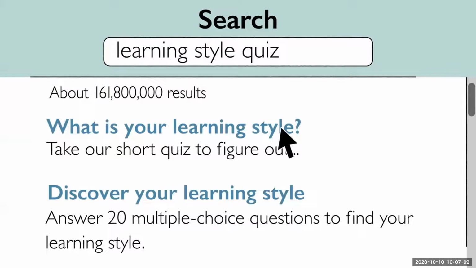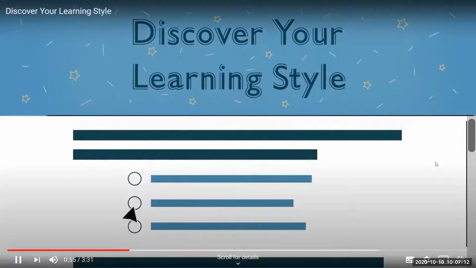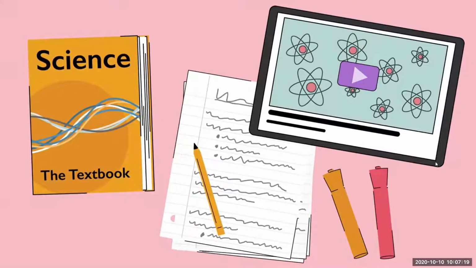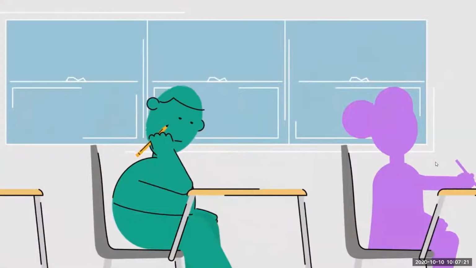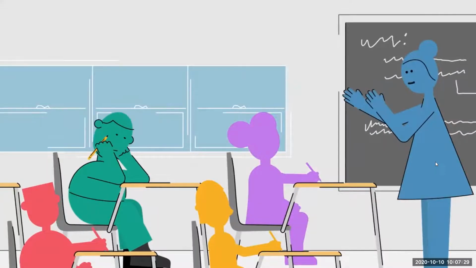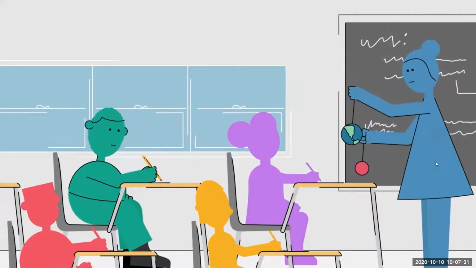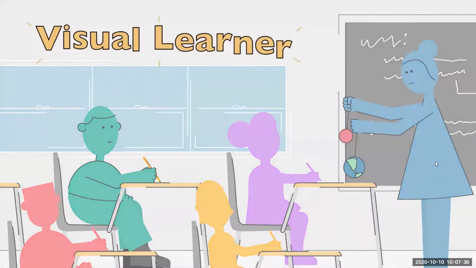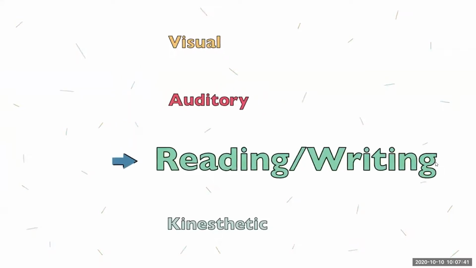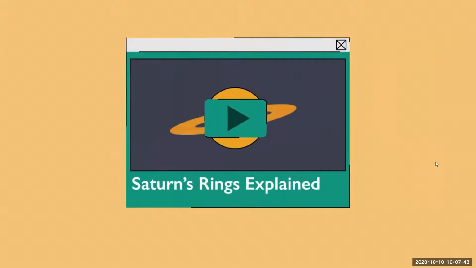There's a wide variety of them available, consisting of multiple choice questions. However, you can also observe yourself and your previous learning experiences to get an idea of how you learn best. Let's circle back to Jonathan. When he's in class and his teacher is lecturing, he gets distracted pretty easily. Words tend to go in one ear and out the other. But when his teacher starts using visuals, Jonathan finds it easier to focus and understand the material. So he might be a visual learner. Now think about your history. How have you enjoyed learning in the past? Do you prefer watching over listening?